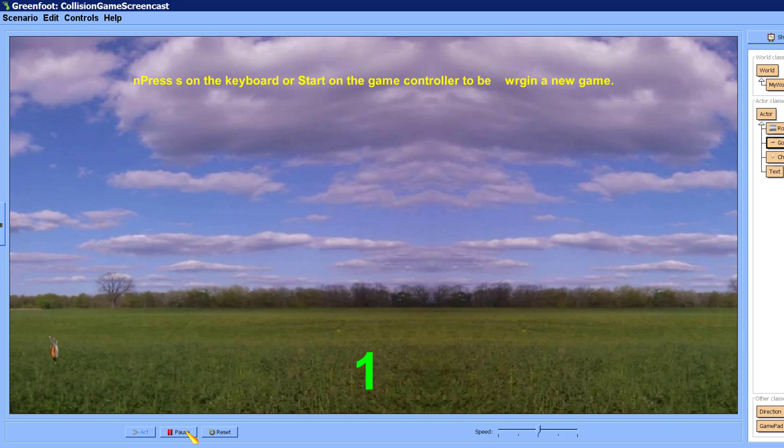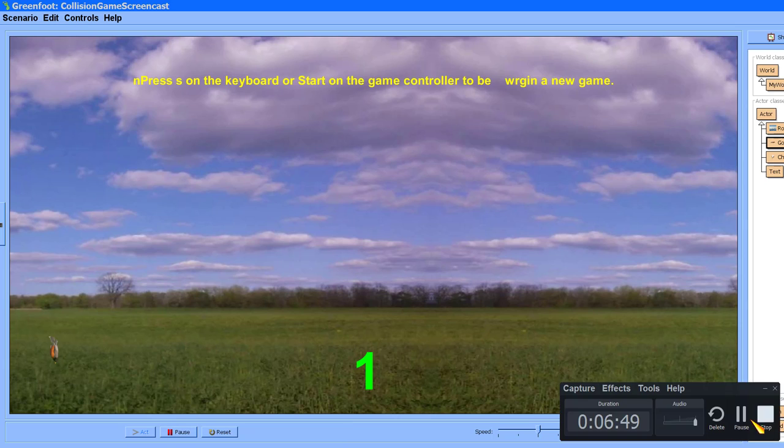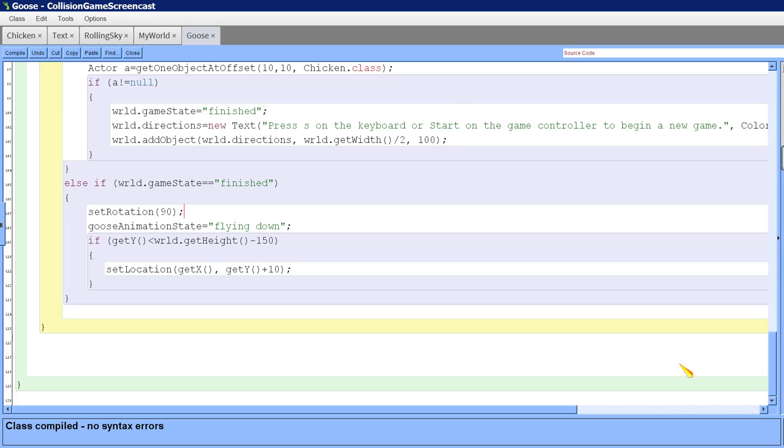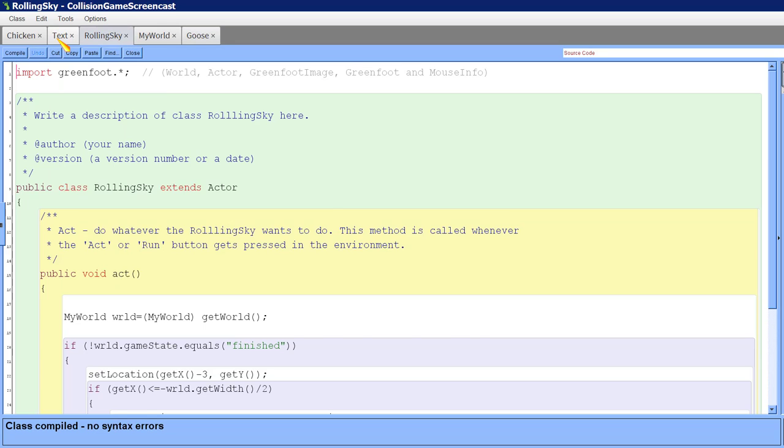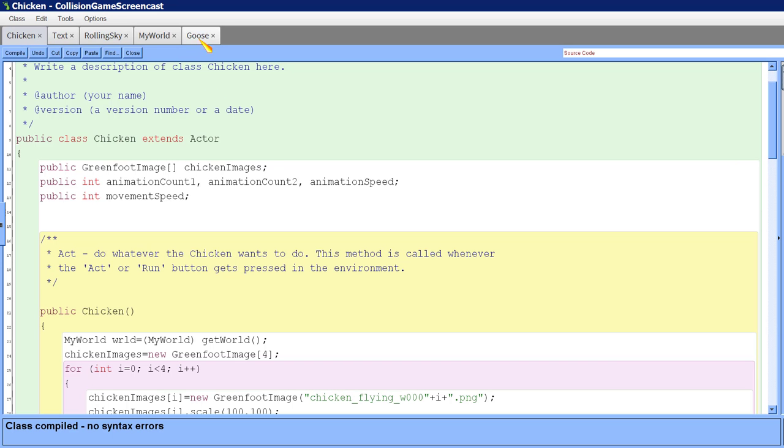Okay, so I just need to correct that. But that's pretty much how to add the directions. And then I'm going to pause for a minute before I do the code for how to restart the game. Okay, so I fixed that, and then the final thing I'm going to do is handle the situation where the